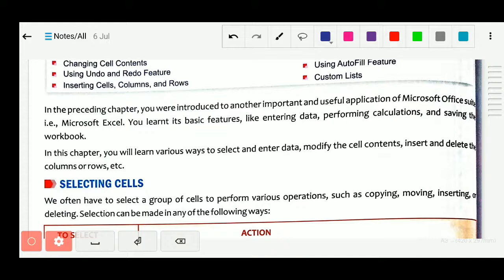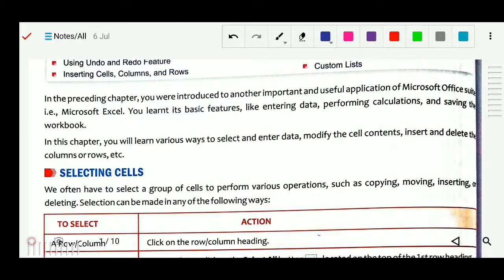In this chapter we will learn various ways to select and enter data, modify cell content, and insert and delete columns or rows. We already know how to enter data in a spreadsheet, perform calculations, and save workbooks. We have studied these things in the previous chapter also.